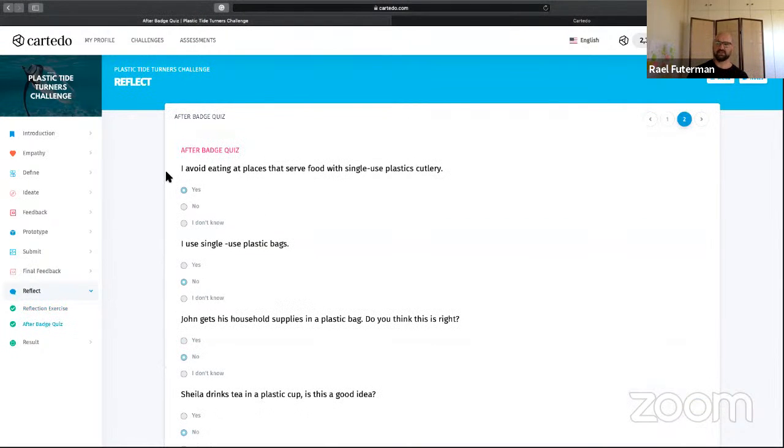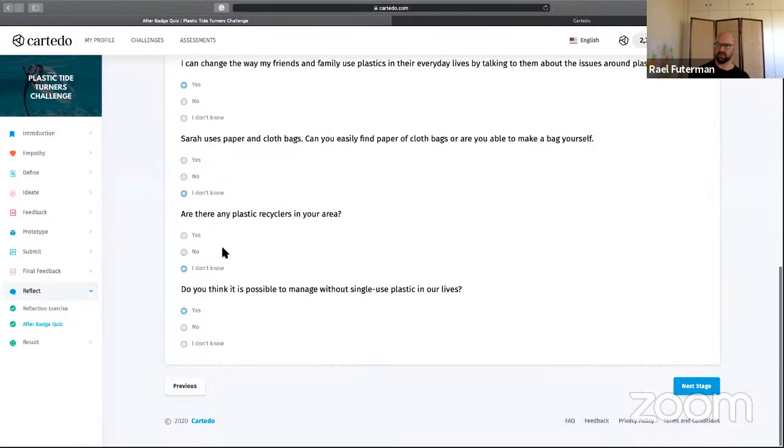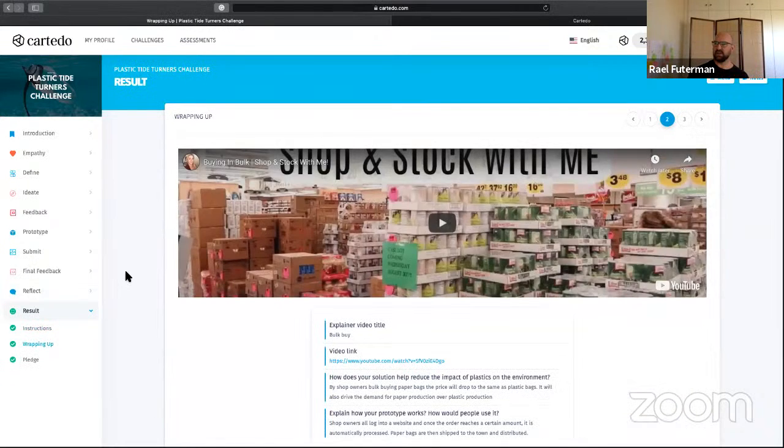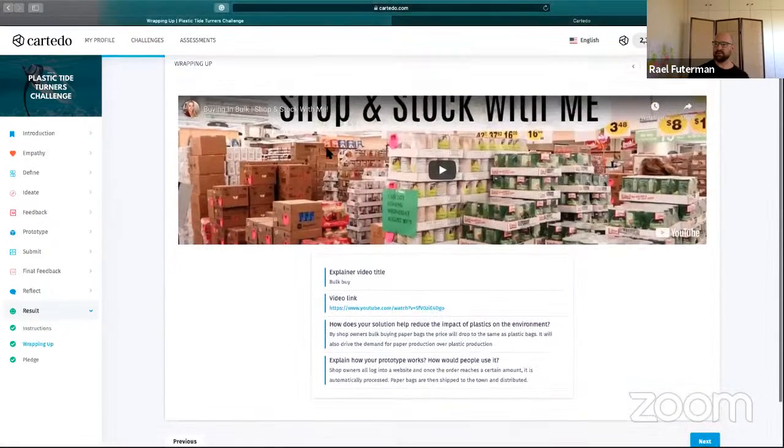And then we've got the post-challenge quiz as well. So we've got the pre and the post. And then people would go through this again and select, and then we can also evaluate the pre and the post. All right, then what happens is I finish, I get my final prototype, which is my final submission,